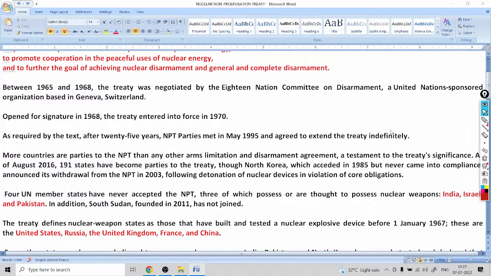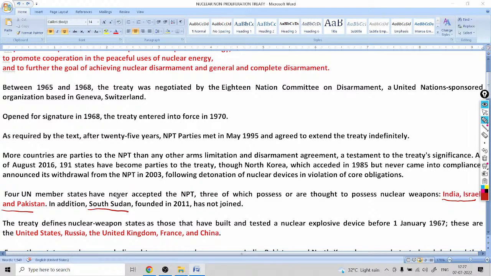Okay, so four UN member states have never accepted the NPT, three of which possess or are thought to possess nuclear weapons: India, Israel, and Pakistan. So they have not signed it. India and Pakistan have not signed it. Israel has not signed it, and the recently created state, the country of South Sudan, has also not joined it. So four countries have not signed it. They include India, Israel, Pakistan, and South Sudan, which was recently created. South Sudan, the newest country in the international domain, has not signed. So India, Pakistan, and Israel have not signed it. And South Sudan, the new member in the United Nations system, has also not signed this particular